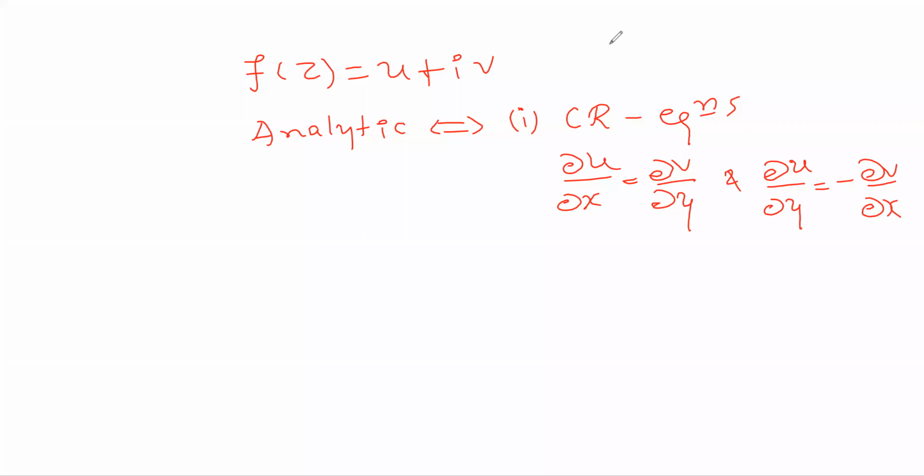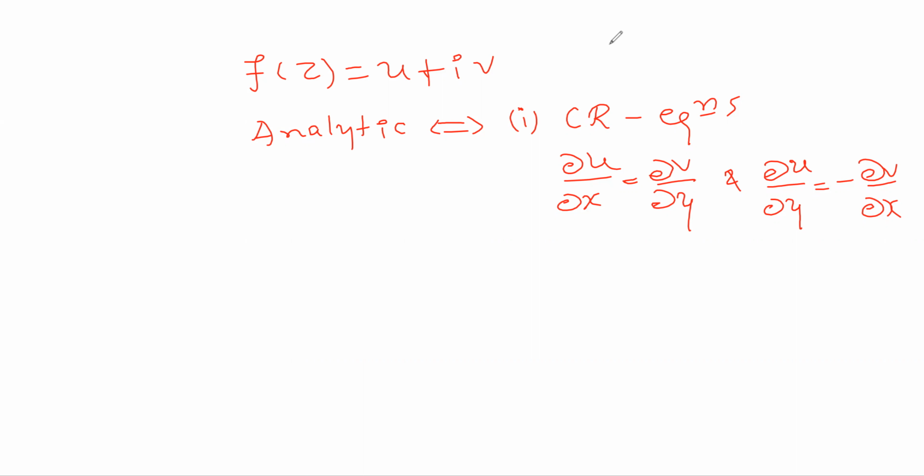Checking the differentiability at each and every point is very difficult, because a neighborhood contains an infinite number of points. So instead of checking all those points, you can just check whether the function satisfies the CR equations or not. These CR equations are nothing but necessary conditions for a function to